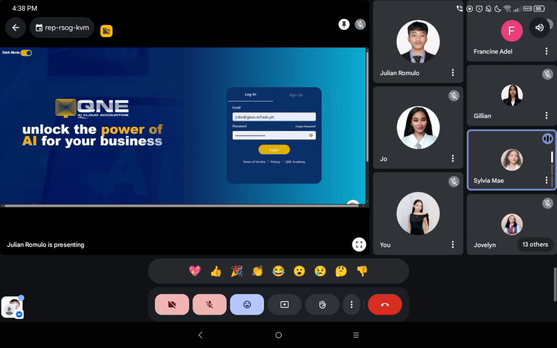I am Sibame Orabesa, the first reporter of Group 2, and I am about to tackle how to sign in and add your company to this software along with my groupmates. So, first, we need to open our Chrome and type the URL given to direct us to the website. After, we'll see the interface. Since Julian po already has an account, we cannot see the actual interface, so magla-log in na lang siya.